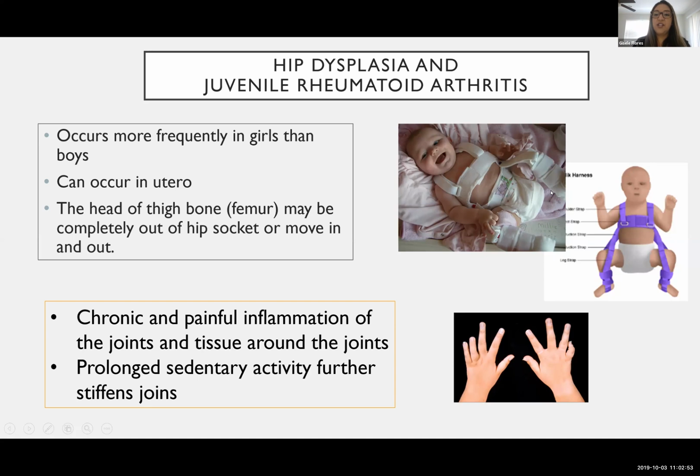So you can see this child right here, and usually what's done here is corrective casting. This is called the spica cast, and what it's doing is slowly bringing in the hips so that the child is no longer outward facing but now inward facing. You see how this is probably not connected properly to the hip socket. So here's your hip socket and here's your thigh bone. And for children with hip dysplasia, the thigh bone is facing this way.